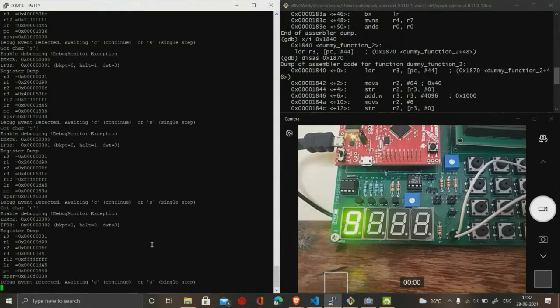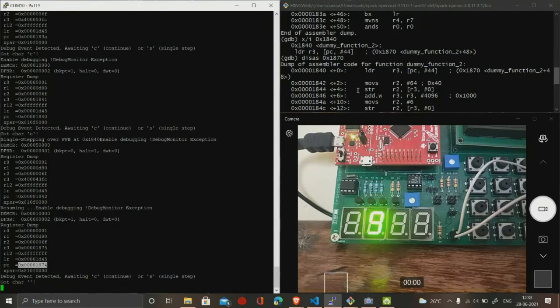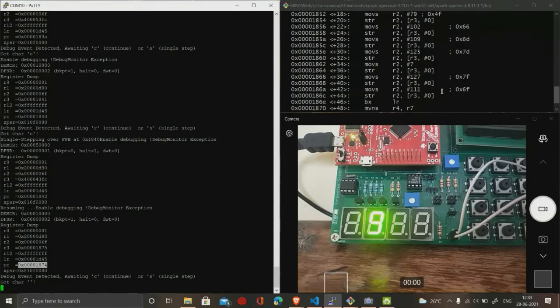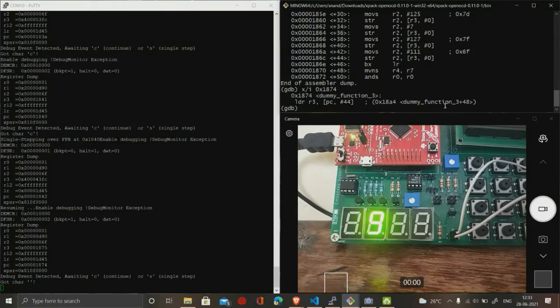We can also use step-by-step operation here, but I will skip that for now and continue. After continuing, it should stop at the third dummy function, which is located here. We can also cross-check this. So this is the starting location of dummy function 3.